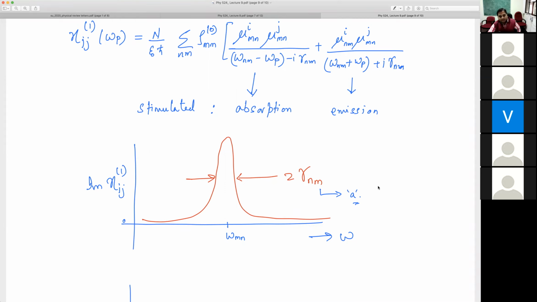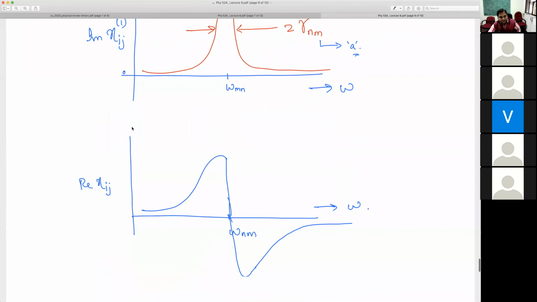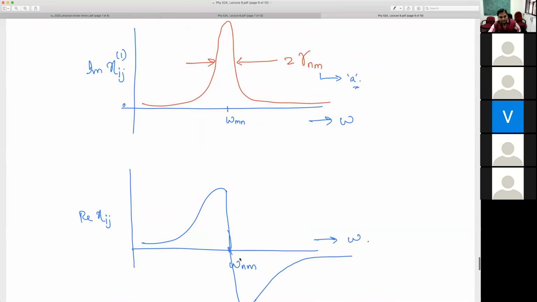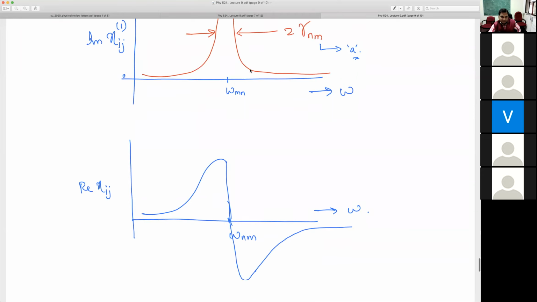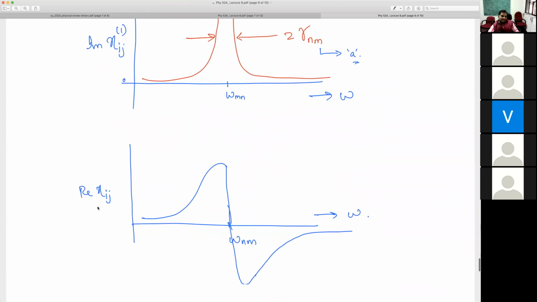So coming back, this is the imaginary part. I can also plot the real part of chi, and the imaginary and the real part look like this. The real part looks almost like a derivative of this. This curve is rising, rising, rising, and then it suddenly falls, so the derivative is negative for quite some time. And then the slope is again turning positive here, and then it will just go. Okay.